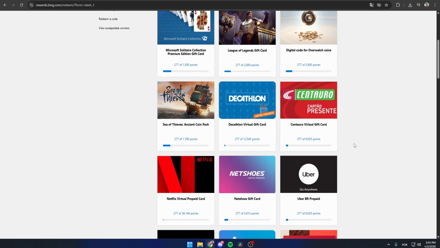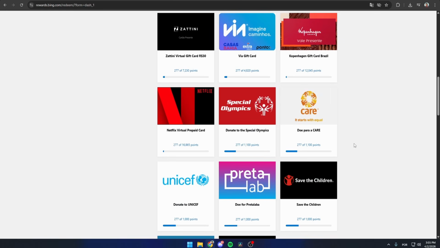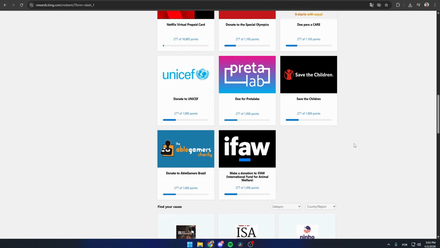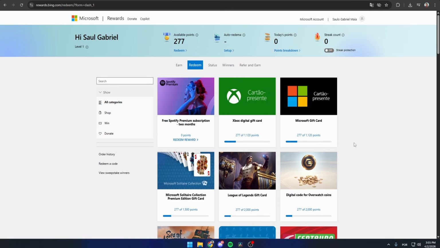However, currently, Robux for Roblox is not available in Microsoft Rewards. This option has been removed by Microsoft. This means it is not possible to redeem points directly for Robux at this time. You can still use your points for other available digital rewards,